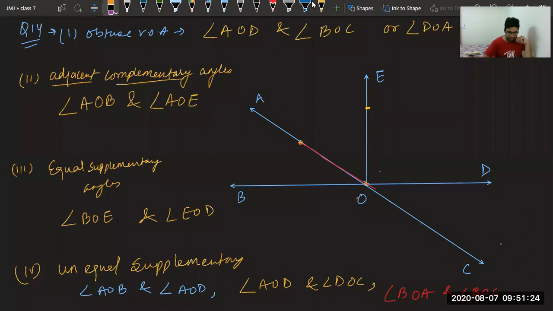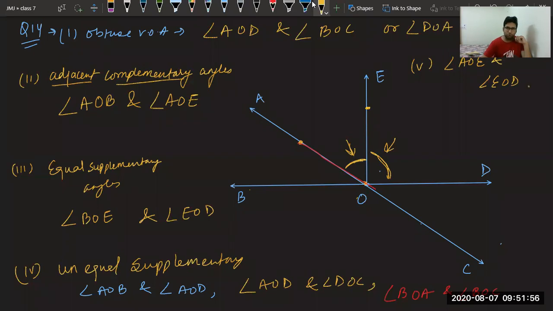The final part you can see on YouTube now because time is less. Last part, that is the fifth part, we have to check adjacent angles that do not form a linear pair. You can see this and this are adjacent angles, but they are not forming a straight line. So the first pair is angle AOE and angle EOD.